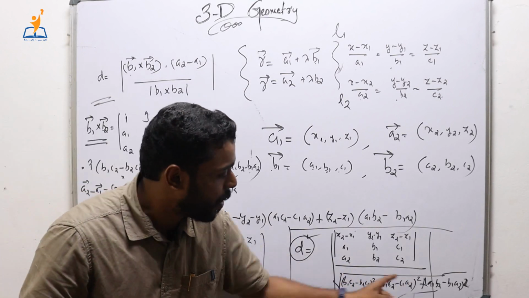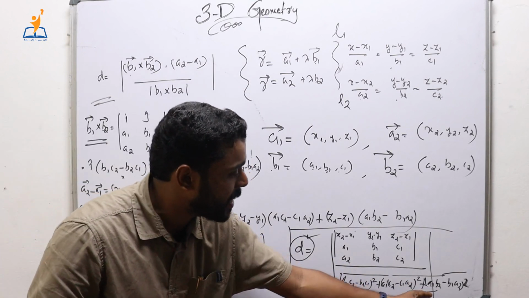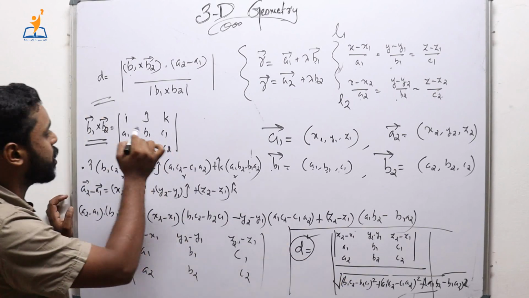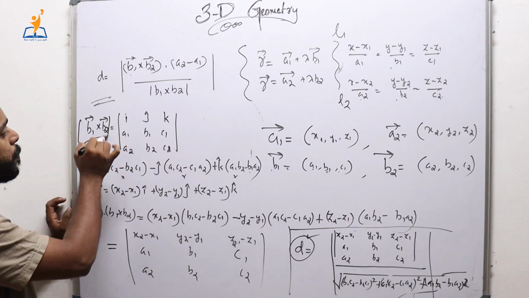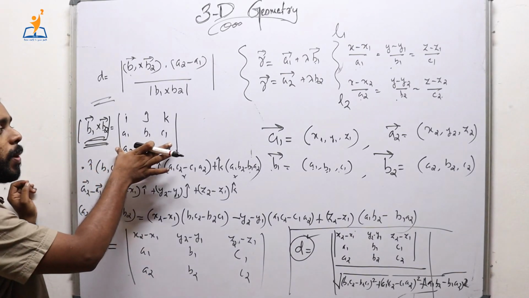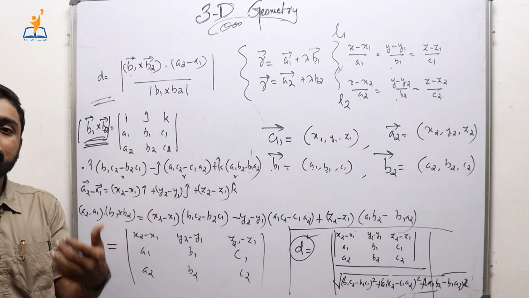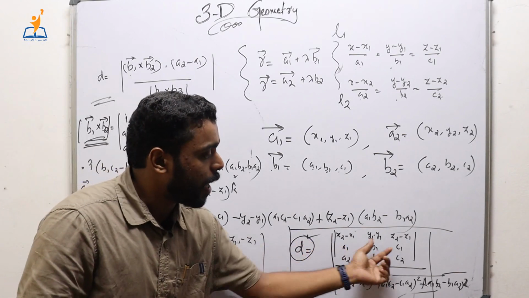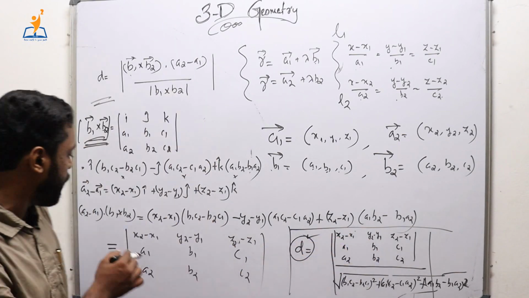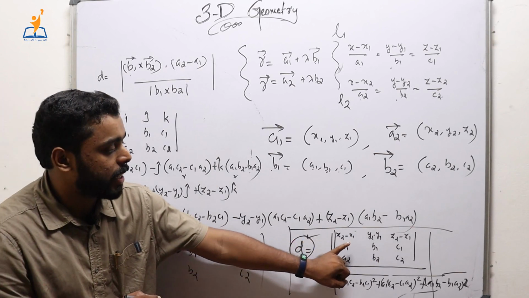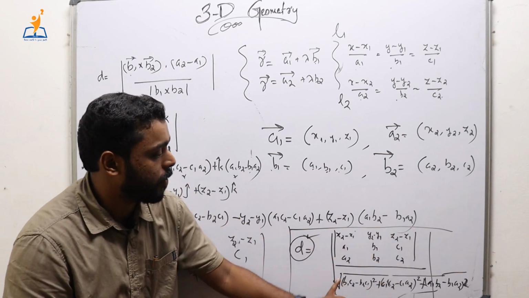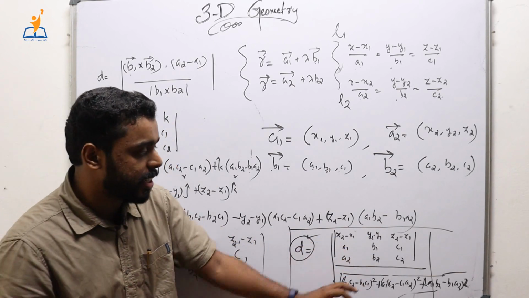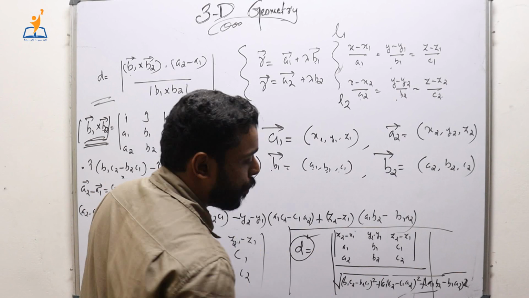If you feel discomfort in understanding or memorizing this equation, just understand that this quantity is actually nothing but modulus of b1 cross b2. So you have to remember what b1 cross b2 is, and you can easily find out mod b1 cross b2. Now this determinant can also be memorized very easily. Substitute x2, x1, y2, y1, z2, z1, a1, b1, c1, a2, b2, c2, and then you can find this determinant, and this determinant will give you a number.